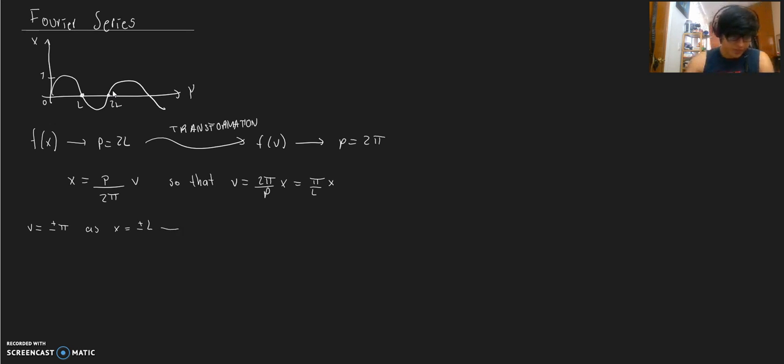And this will finally allow us to have a period of 2 pi by making all these transformations. So now we can, as I was saying, use these last formulas to obtain the Fourier series of the given function. Now, instead of having a function depending on x, we have a function depending on v, and its Fourier representation will be similar to the last one we saw, where we have a0, the summation from n equals 1 to infinity of an